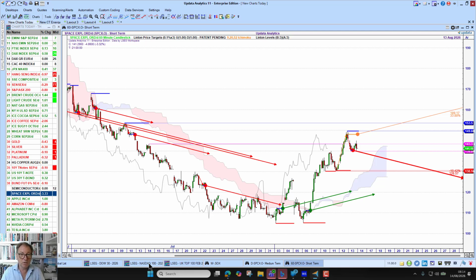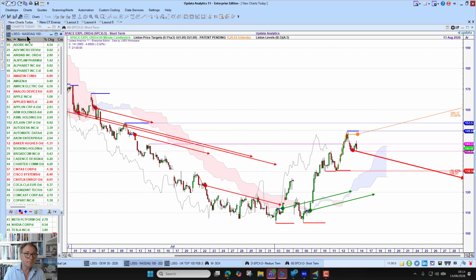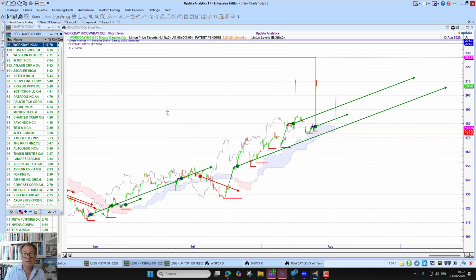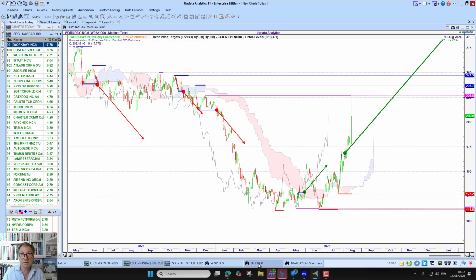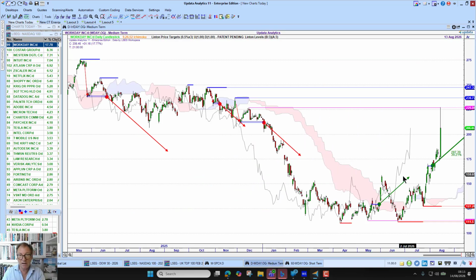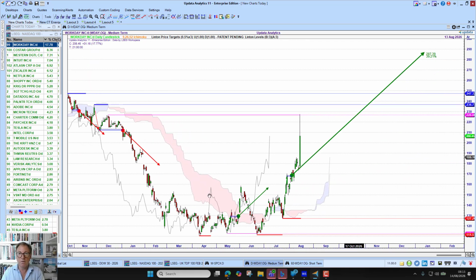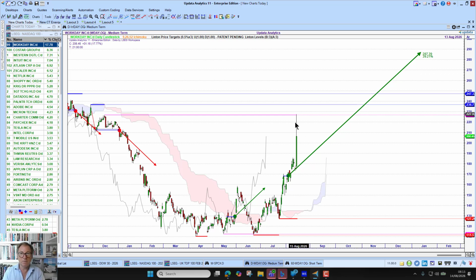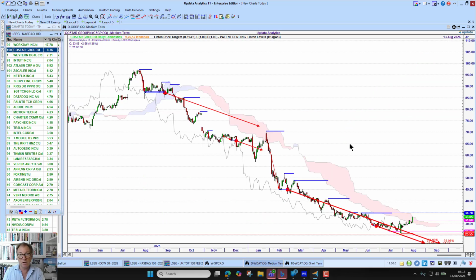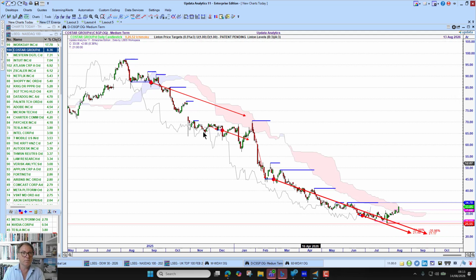Looking at the NASDAQ 100, again, some quite big performances if we rank by percentage. Workday, that was an unbelievable move yesterday, up 17%. We did have the target in place, so that's quite interesting. We were above the cloud, and we saw a big move, 17%. It was much higher at one point. CoStar was up 8%, but not enough to really change the picture of that chart. So very different moves there.